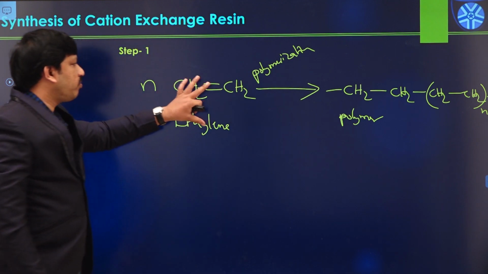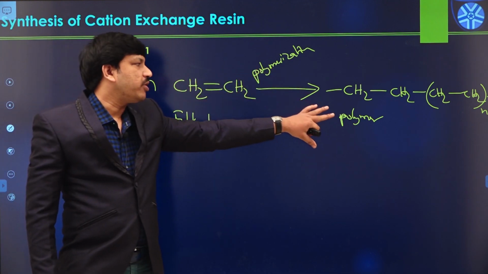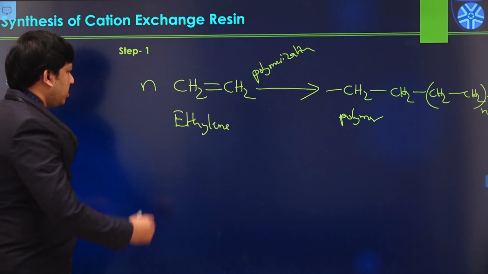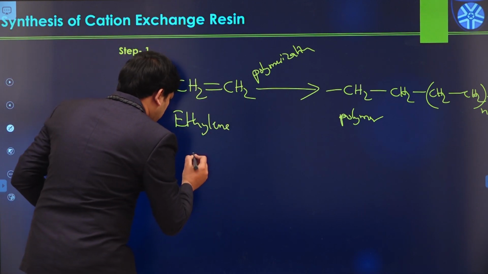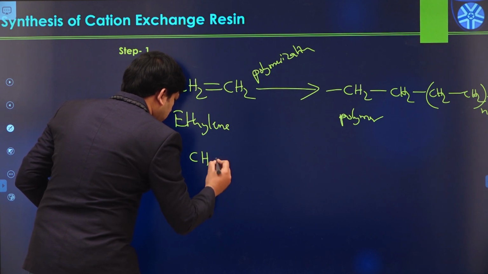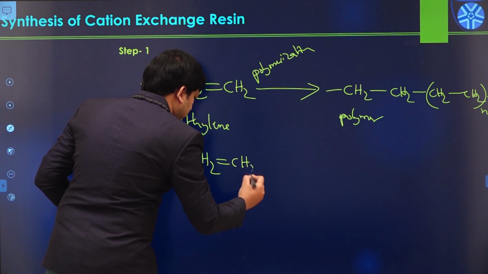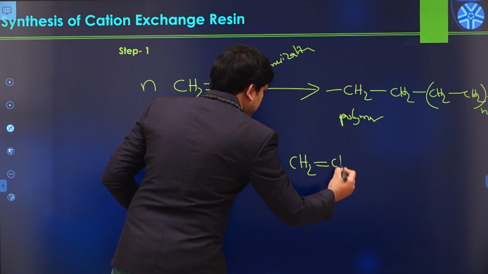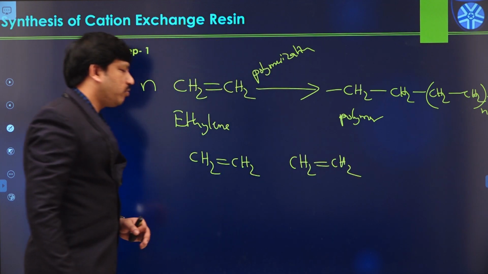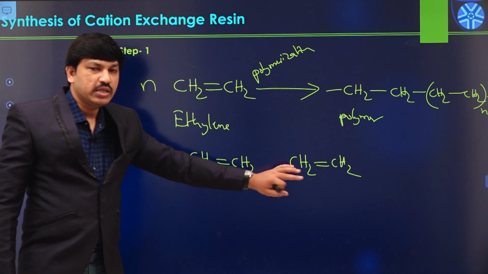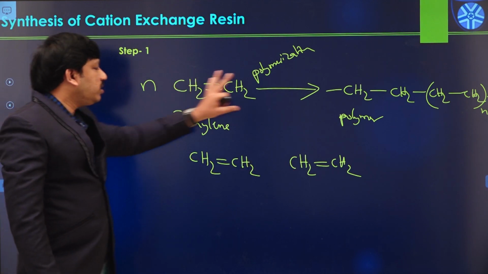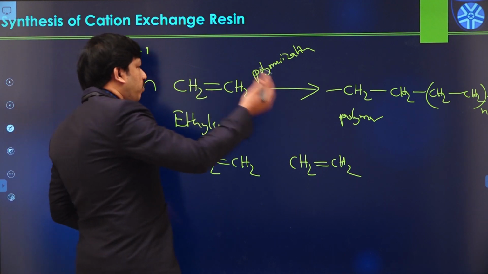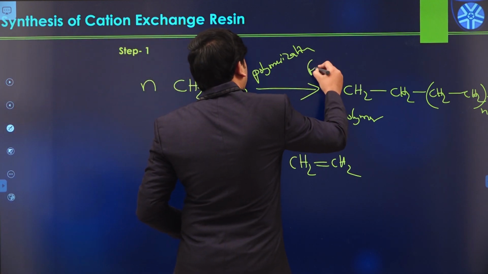So whenever the monomers undergo polymerization process, there is a formation of corresponding polymers like this. So this is actually ethylene polymerization process. So for understanding purpose, I am just taking two monomers like this. This is the first monomer. This is the second monomer. So generally in this case, this is one of the addition polymerization processes. So addition polymerization process generally follows free radical mechanism.